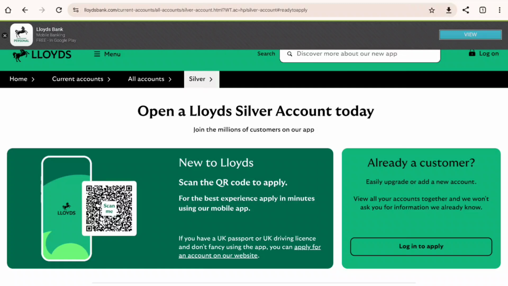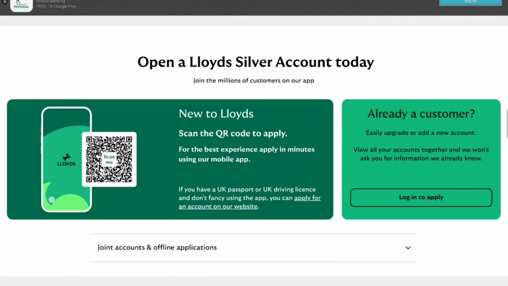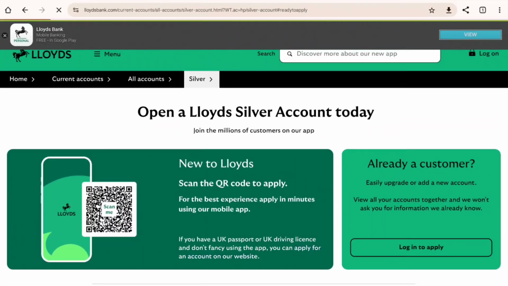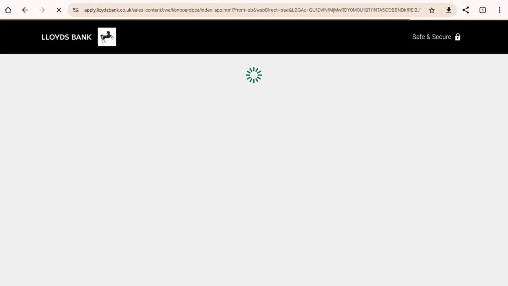To be able to apply for an account, you can apply through their website or log in to apply if you already have an account with Lloyds Bank. Go ahead and click on that Apply for an Account on Our Website button, which you'll find under the New to Lloyds section. You can also apply for an account on Lloyds Bank using their app by scanning this QR code shown on this page. That will redirect you to a new page where you'll be able to apply for